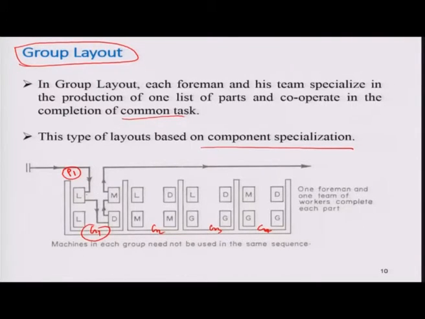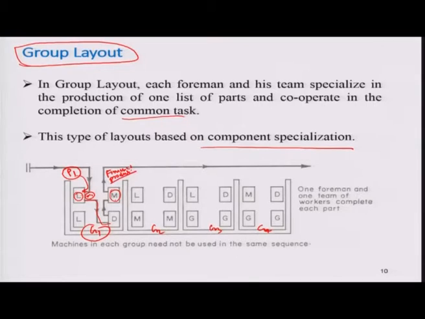Each machine has one specialized person assigned to it. When the part comes here, a specialized person will process it on this machine, then transfer it to this machine for drilling, and after drilling, milling will take place here. As each machine has one worker assigned, they are specialized in doing this work on a lathe. After the exit, it will come out as a finished product.